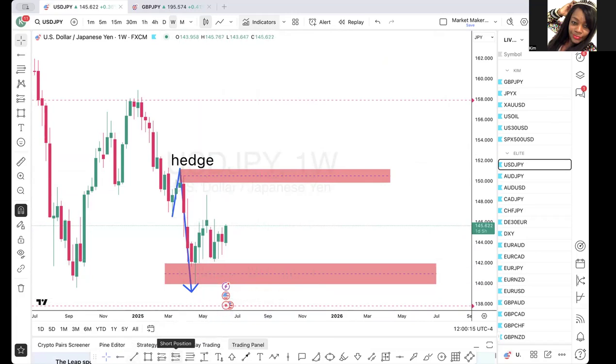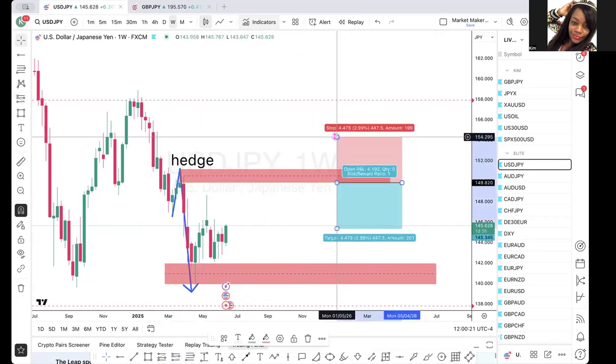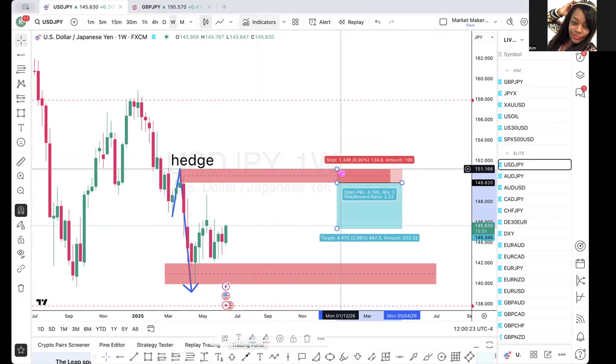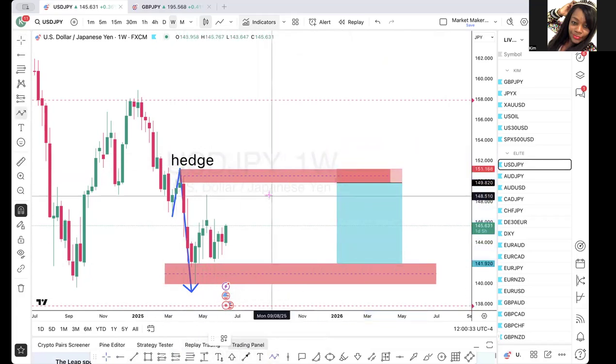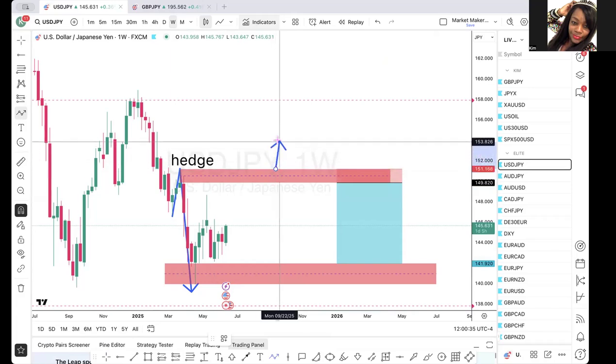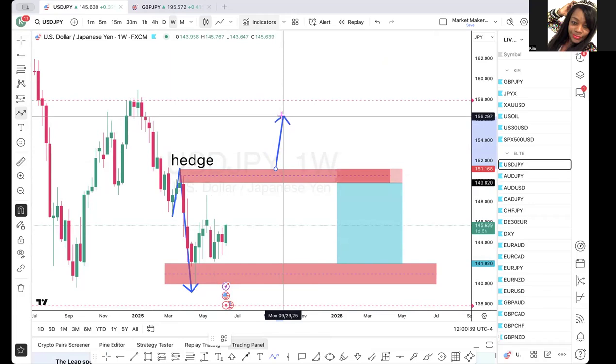So this is what I'm expecting. I'm looking for it because price is bearish. I'm looking for price to come here and sell back down to this zone. Okay. Now, if I have a hedge and the hedge kicks in, the hedge should come up here somewhere. There's no imbalance. This is the demand zone, and then possibly pull back